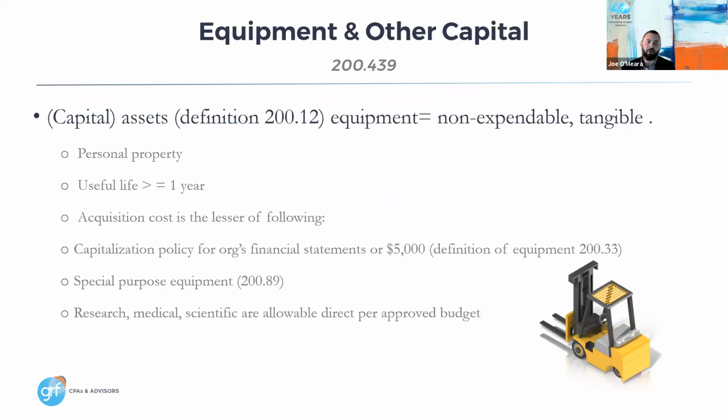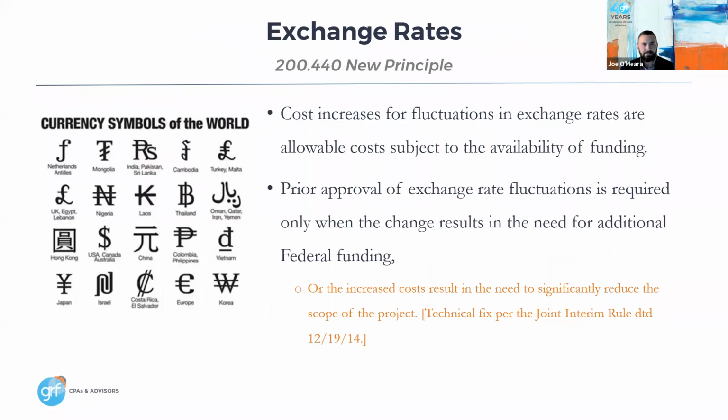Yep. And equipment is allowable. You need to follow your own capitalization policy, but your capitalization threshold cannot exceed $5,000. So it's whatever's the lesser of the two. So exchange rates is a newer cost principle that came with the new uniform guidance. Basically the key here is that the government wants to make sure it has enough money. There's an exchange, and it keeps eating up the cost that was set aside for these things. And so the basic key to that is that you're watching the currency fluctuations as it's going through to make sure you have adequate funds.